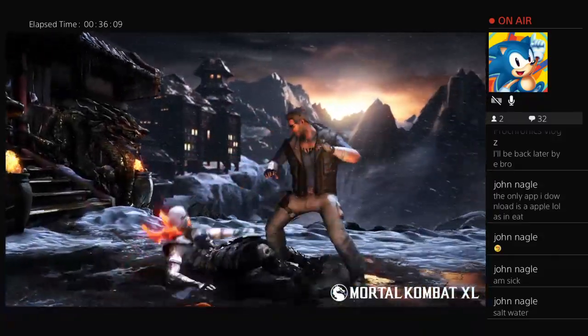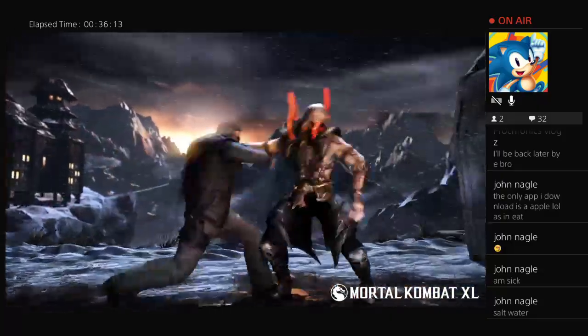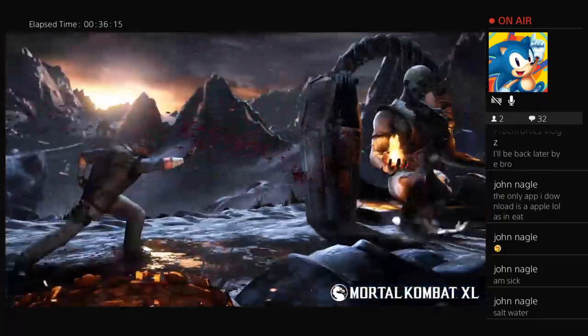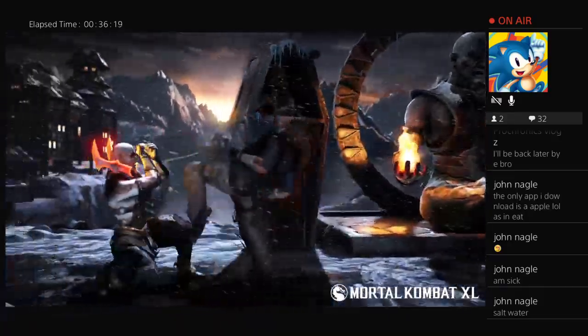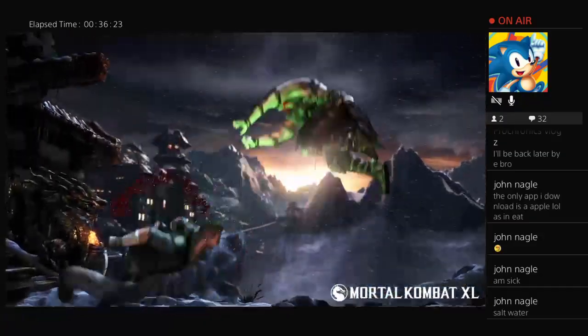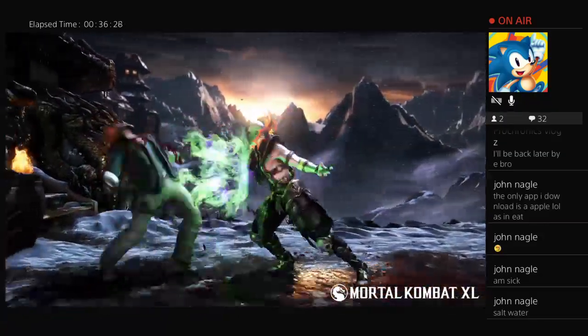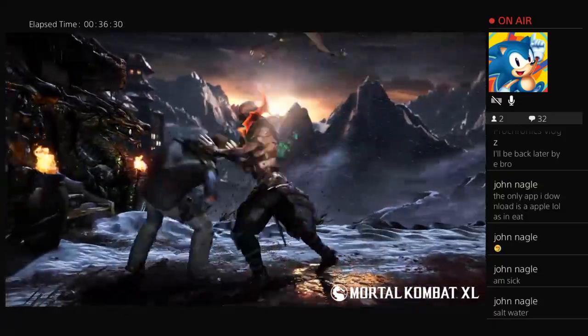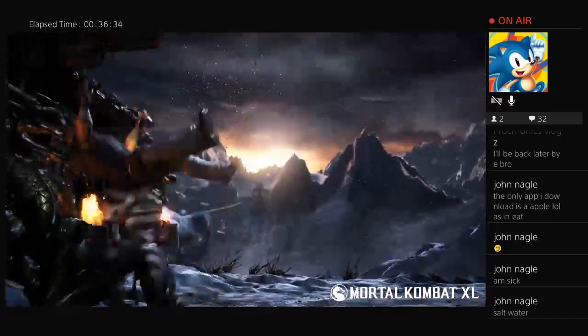Not think twice about downloading an app, but just be aware of what you're actually agreeing to. It's like when you're scrolling through your Facebook newsfeed and you come across an article that says, what superhero are you? Are you Batman? Are you Superman? Click here to find out. I'm sure you know what I'm talking about.